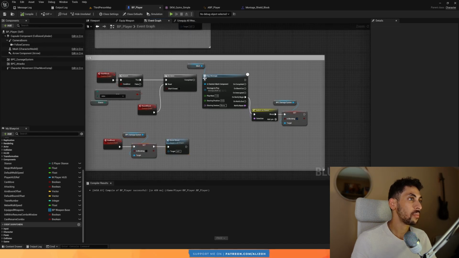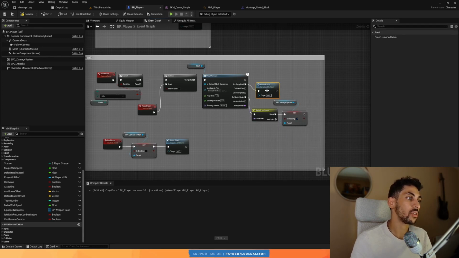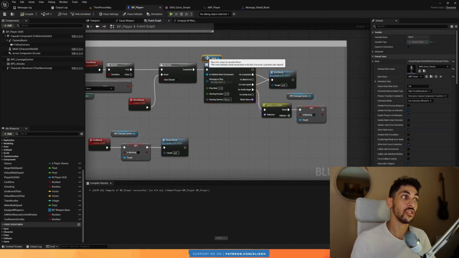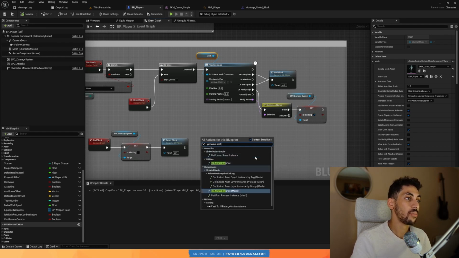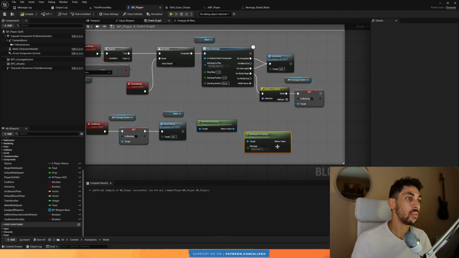And actually, I should plug this here. And on complete and on interrupted, I'm going to call, no, sorry, not reset block now. We want to call end block. All right. And another thing is that we want end block to interrupt this montage if it is playing. So I need to get my mesh and get anim instance. Yeah, so get anim instance on your mesh and check is montage playing. Search for the block. So if you are playing the block montage,